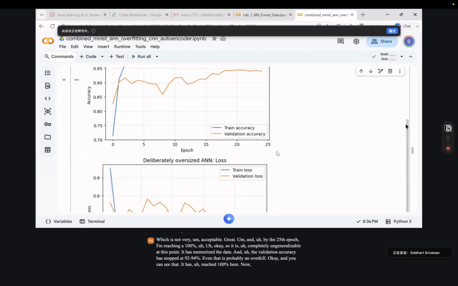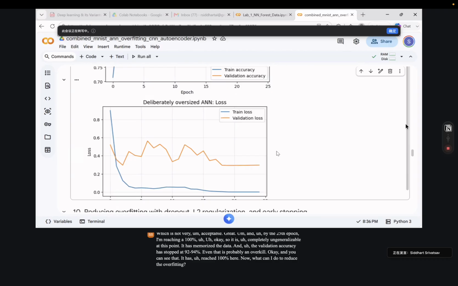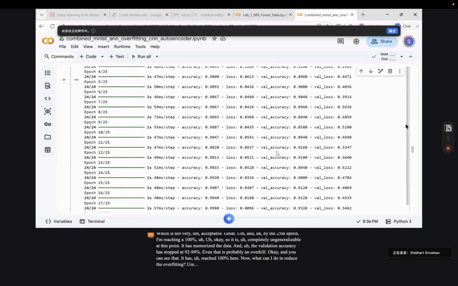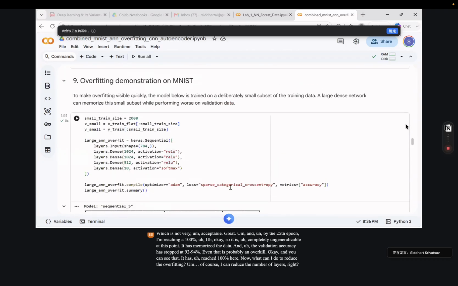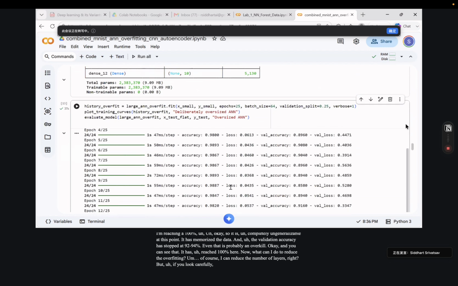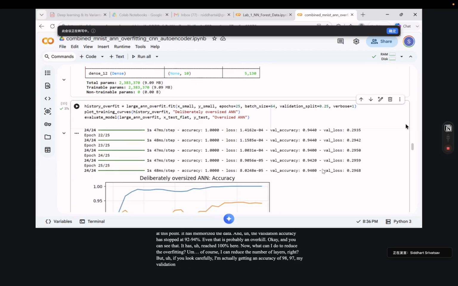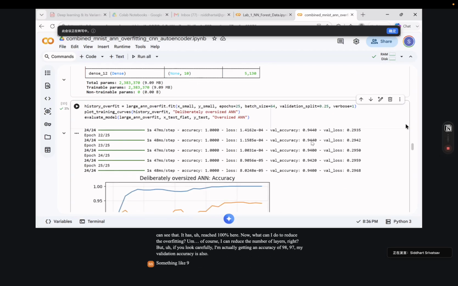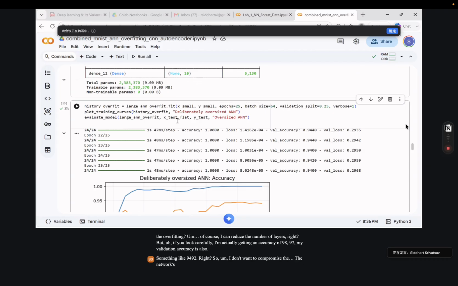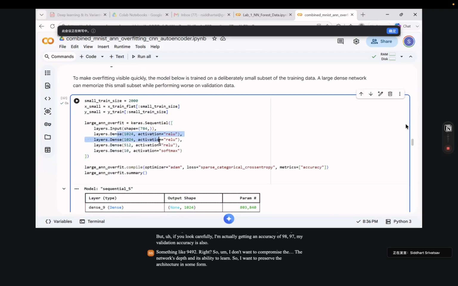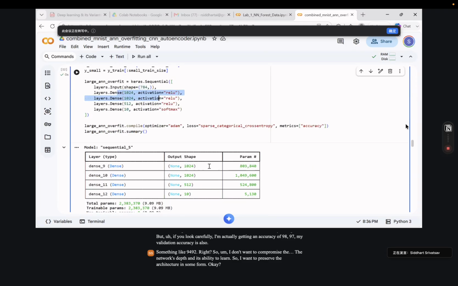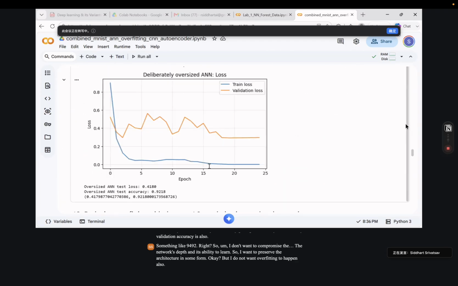Now, what can I do to reduce the overfitting? Of course, I can reduce the number of layers, right? But if you look carefully, I'm actually getting an accuracy of 98, 97. My validation accuracy is also something like 94, 92, right? So I don't want to compromise the network's depth and its ability to learn. So I want to preserve the architecture in some form, okay? But I do not want overfitting to happen also. That's when